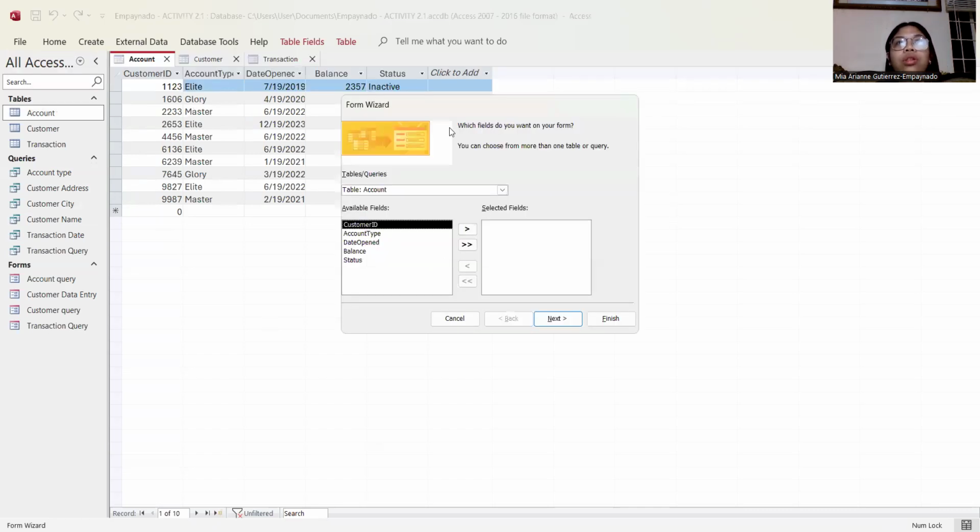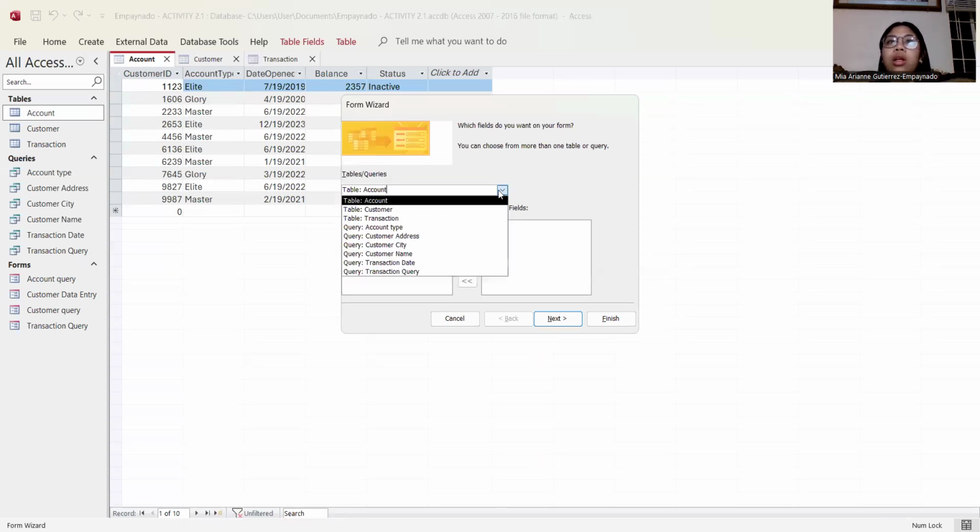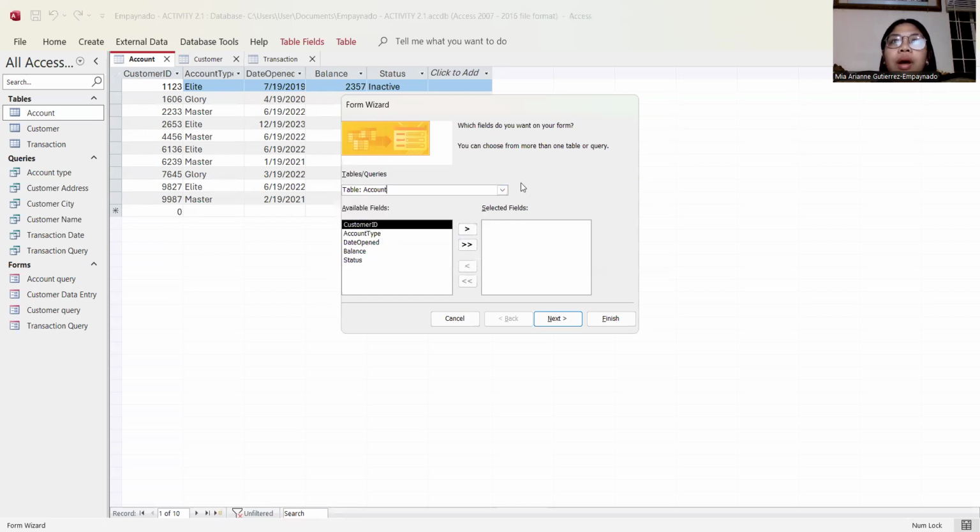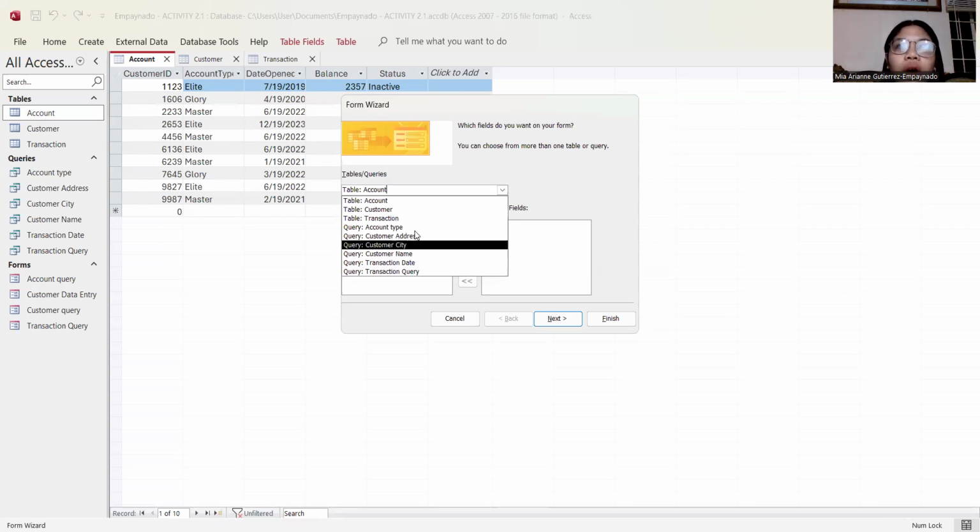In the Form Wizard, you'll see these tables and queries available. Earlier, it was only three: the table for the account, the customer, and the transaction. But right now, there are many available, like the queries and the tables.